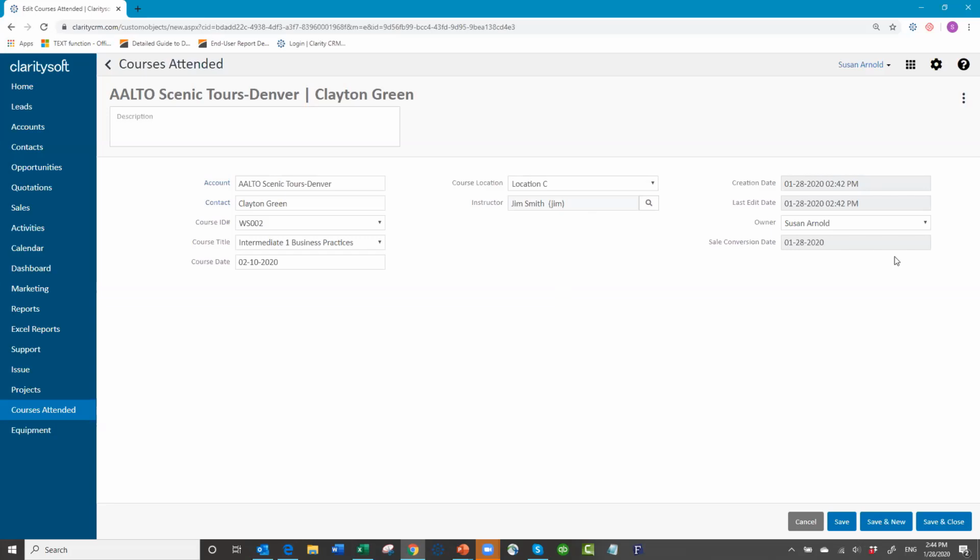And the only little tricky thing is you do have to add the product under the products and services tab. So you just add the course name there. If you make a product list in the price book of all your courses and the prices, then you can just easily pull it in, or you can type it like I did. So that is that functionality where you can convert either from opportunities, from quotes, or from sales to a custom